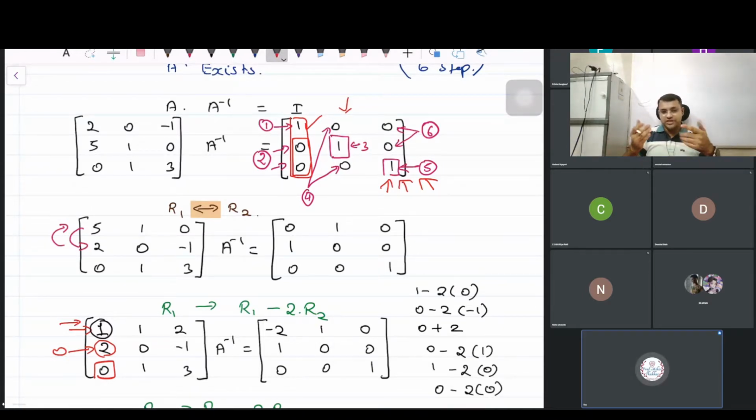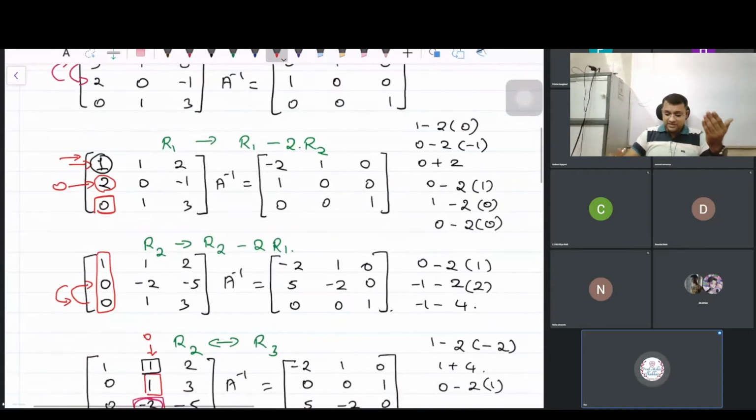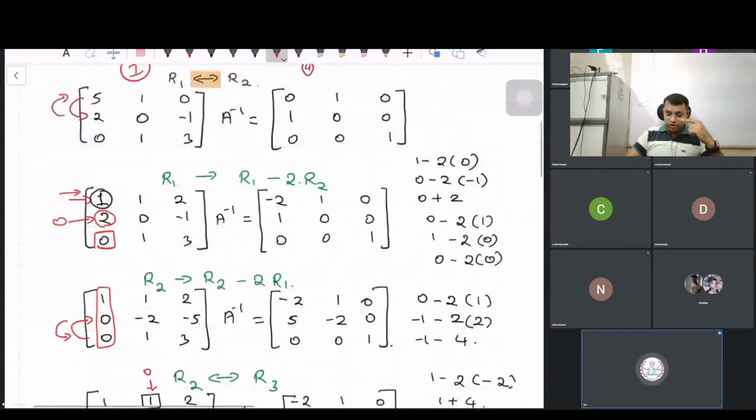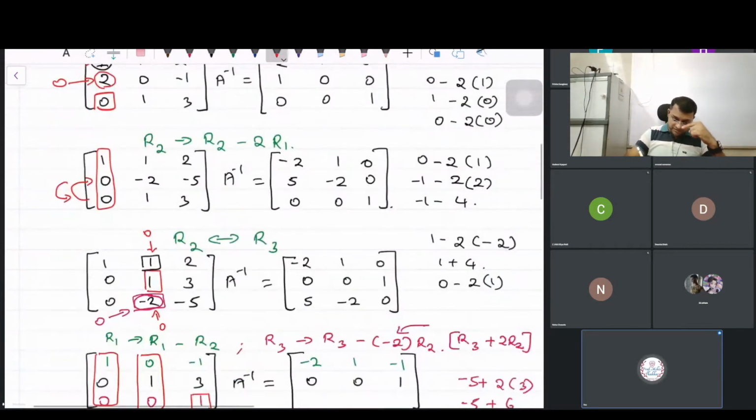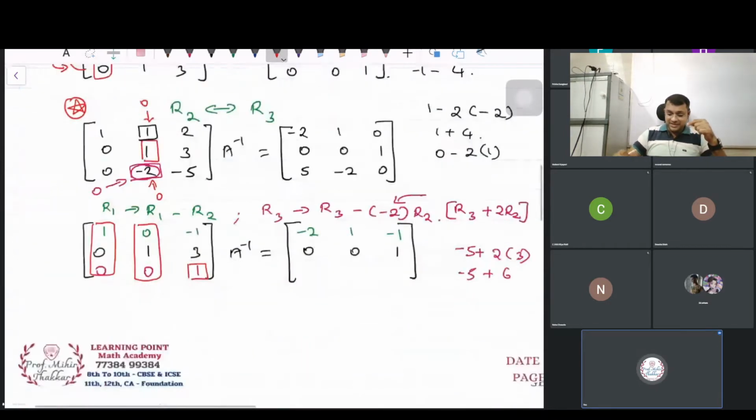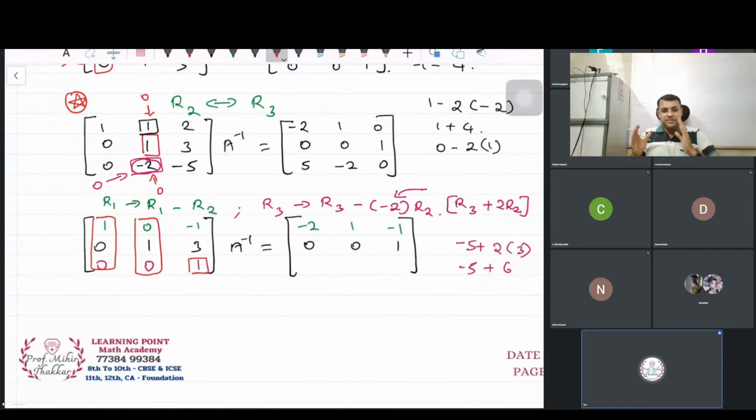So what was the logic in the first step that I did? This was my first step. What was the logic? I wanted to avoid the fraction. So I interchanged these both. Looking at the numbers, it came to my mind. After that, once again, I was stuck with a problem of the fraction over here. I did not want a fraction. Once again, I did the interchange in this particular step. After doing the interchange, I just used my basic application of the steps and I got it.